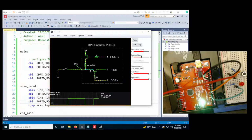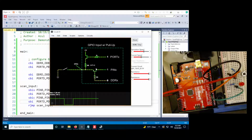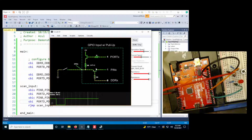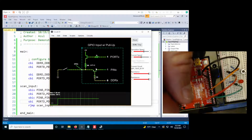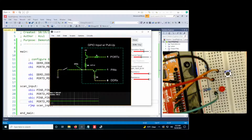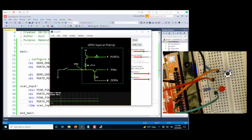All right, so I just have a little bit to modify in the external circuit. I'm going to disconnect my Arduino from my computer. And then I just have some slight changes to make in the way the circuit is run. Right now, our circuit for the push button is set up so that we have 5 volts on this red wire coming from the external 5 volts of the Arduino